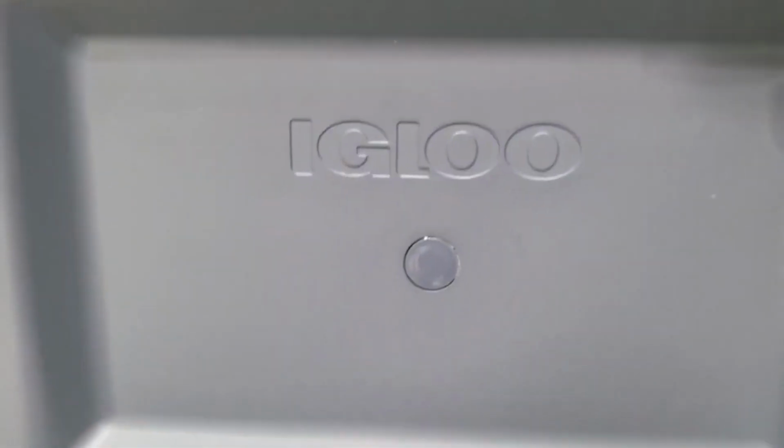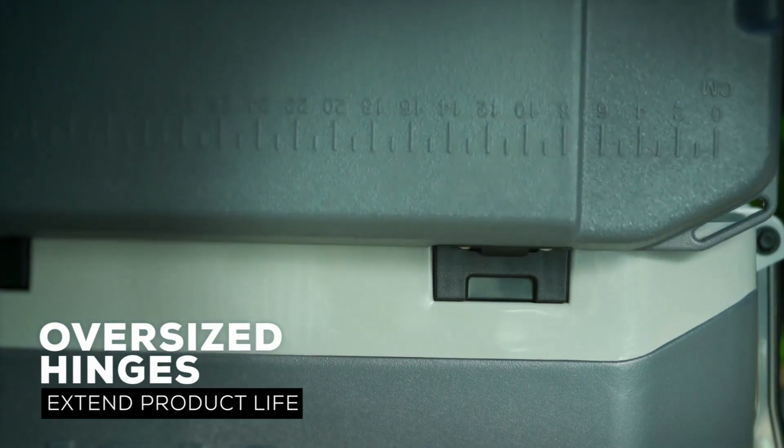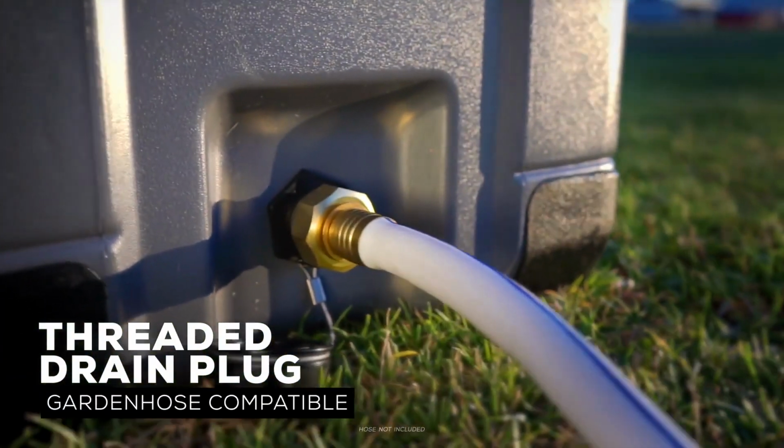The Max Cold body features 20% thicker foam, while rubberized T-grip latches keep the lid secure and your contents cool. The threaded drain plug fits garden hoses and has a stainless steel tethered cap to prevent accidental leaks. And no more sliding around in your vehicle with the built-in tie-down loops to secure your cooler on the way